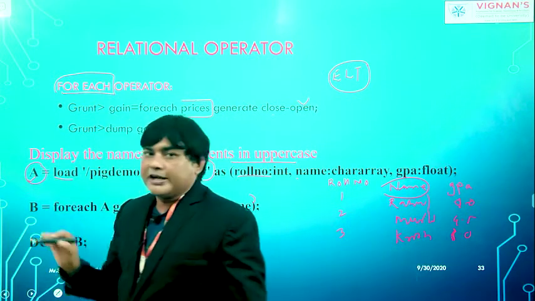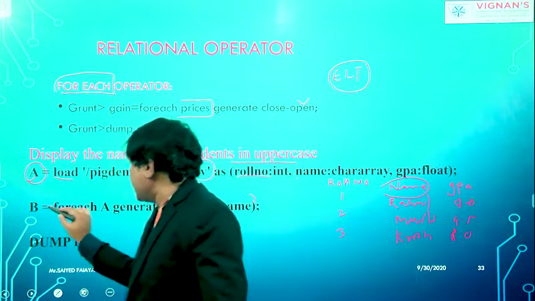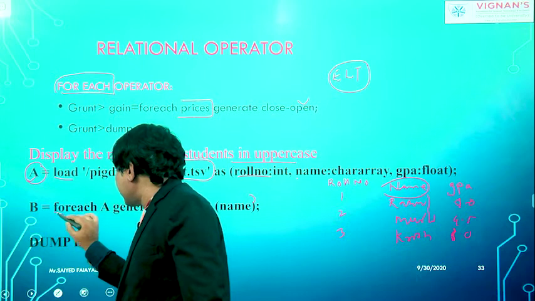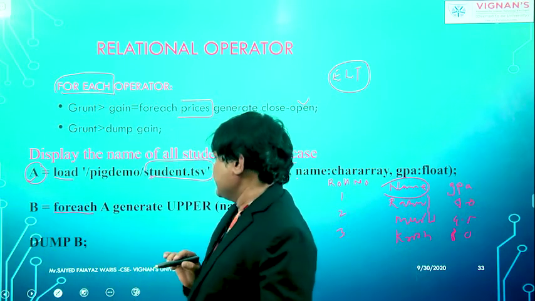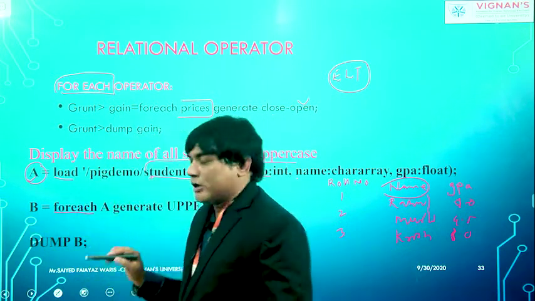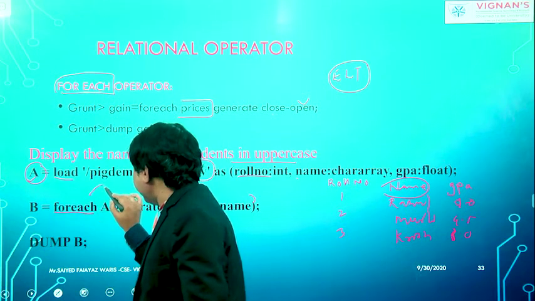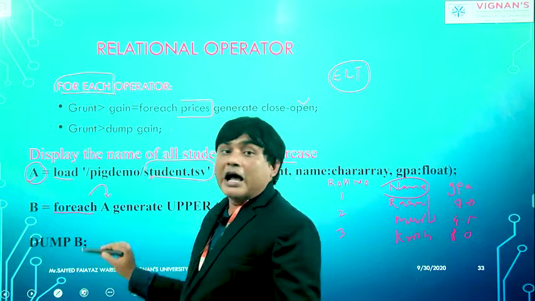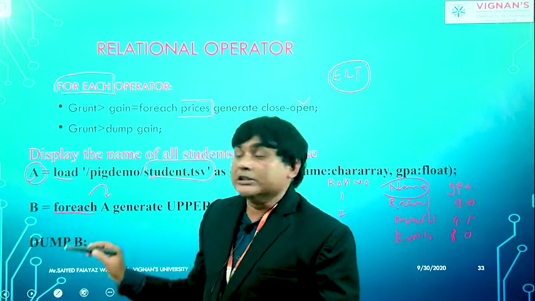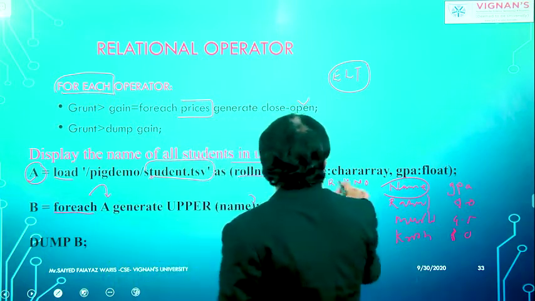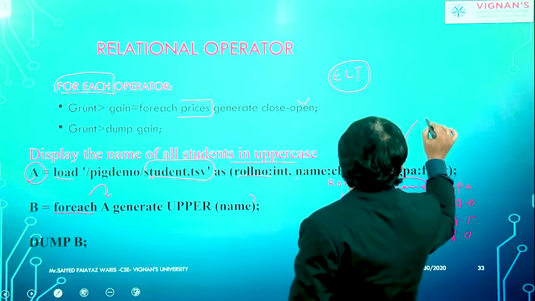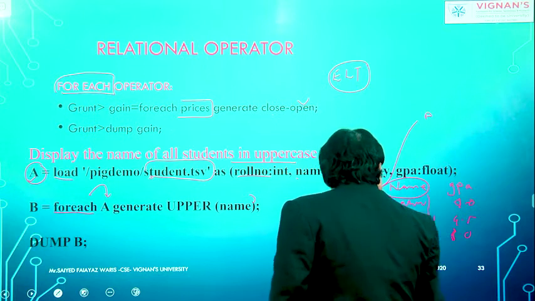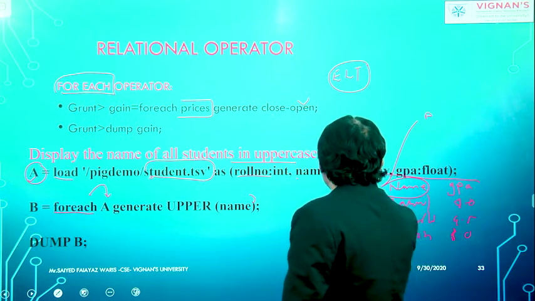Now I'm going to create another relation, which I'll call B, and I'm using what operator here? I'm using the FOREACH operator. It is going to be applied on relation A. It means this operator will be applied on the relation A only. This is my relation A, so on this relation A only, I'm going to apply